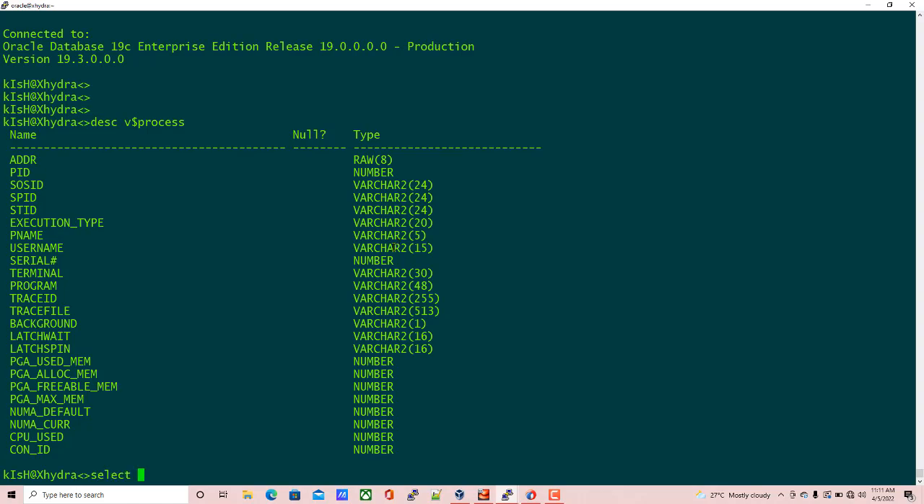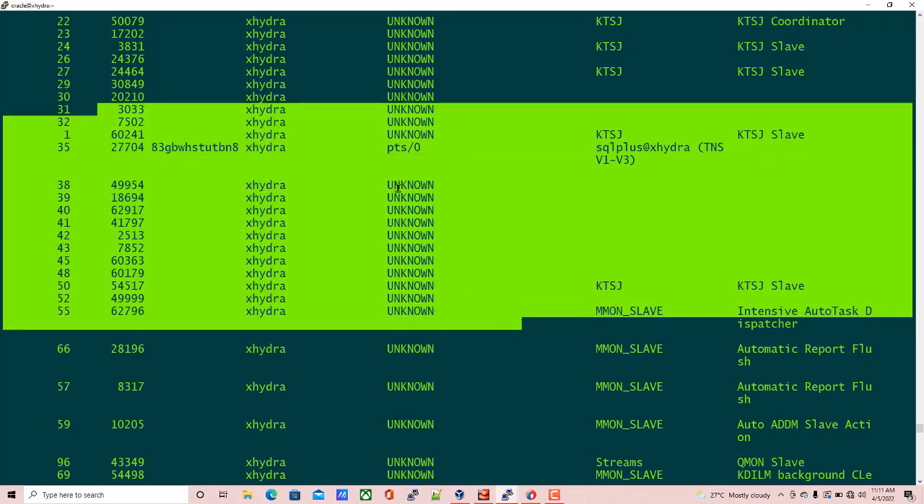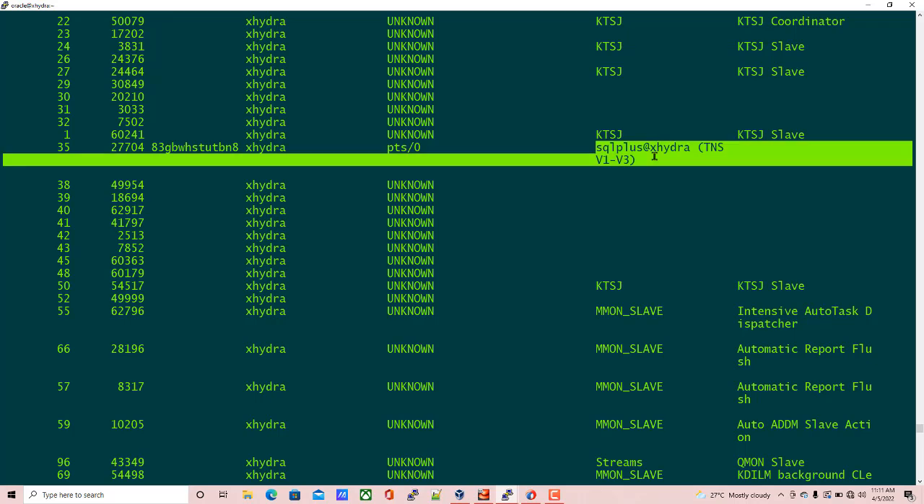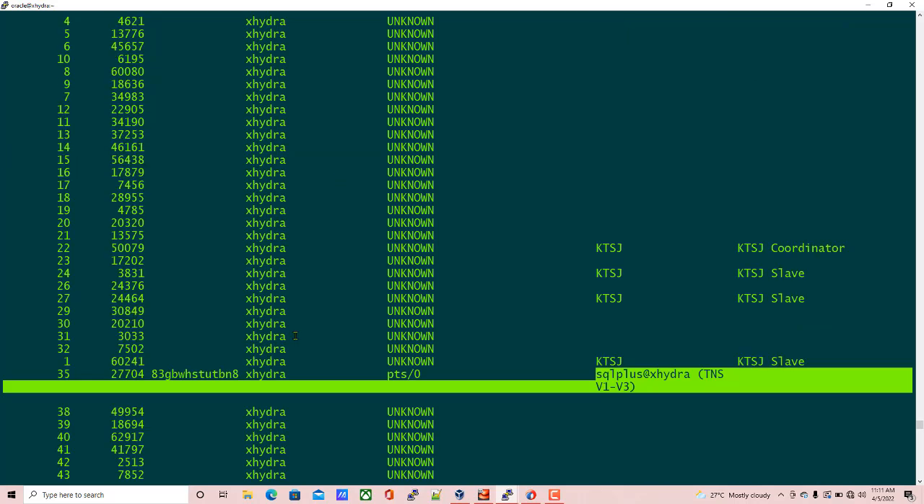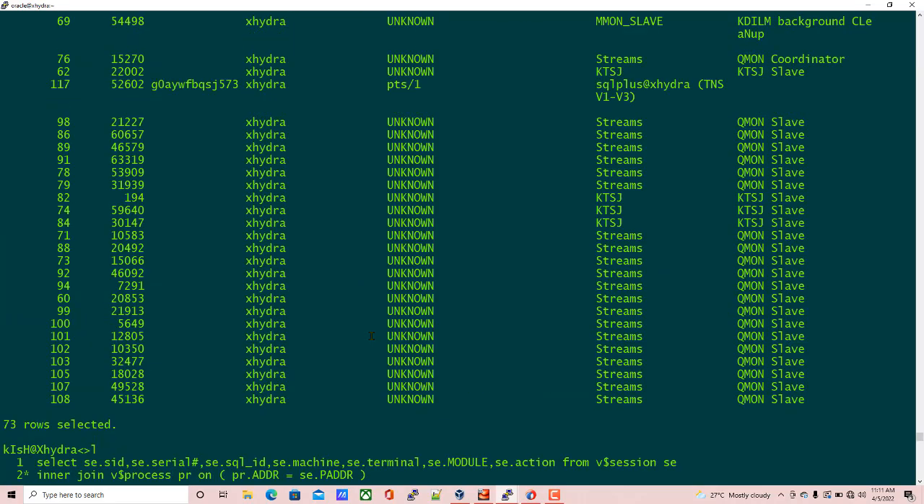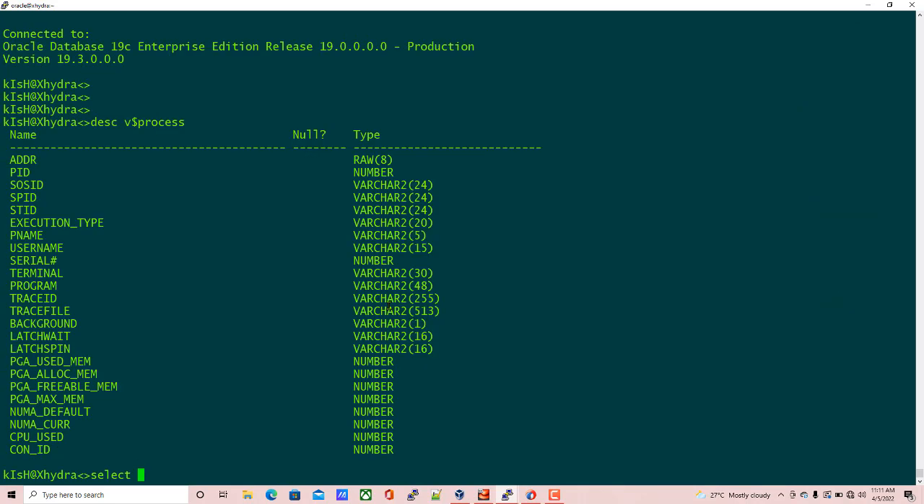So we don't need to manually check all these sessions and identify the terminal. Here there is only one session, so we identified it easily. But if there are multiple sessions, you cannot identify with the terminal, because there will be 50 or 100 sessions with the same terminal name. So you cannot manually check one by one, right? So here